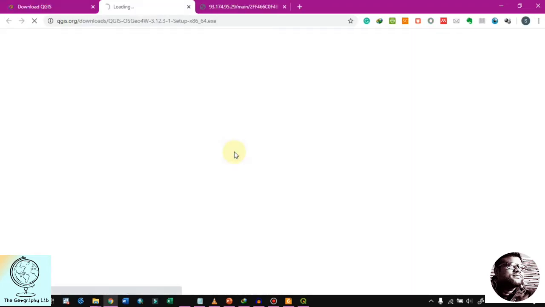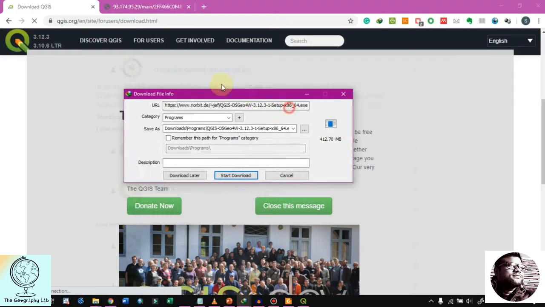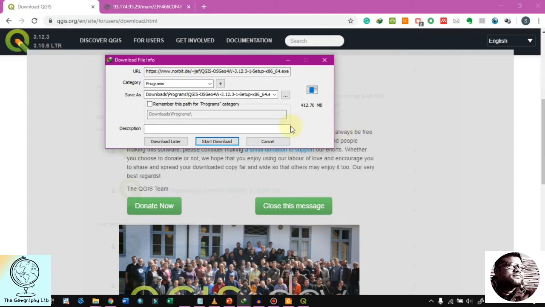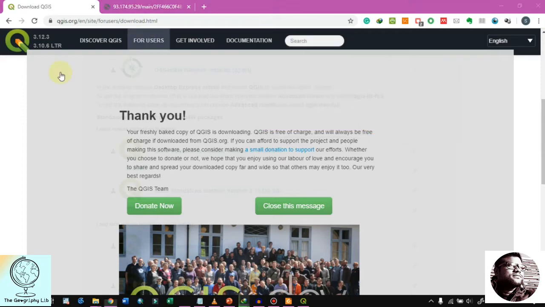If you click there, all the packages, that is Saga GIS, GRASS GIS and QGIS, will come together under the standalone version. You just have to download the setup file and install it.